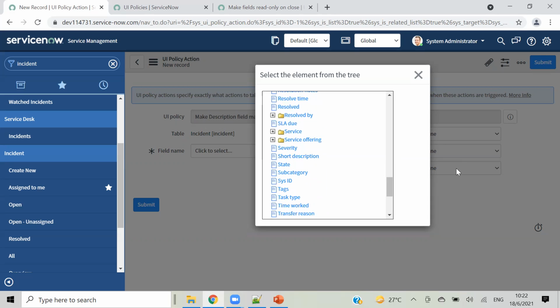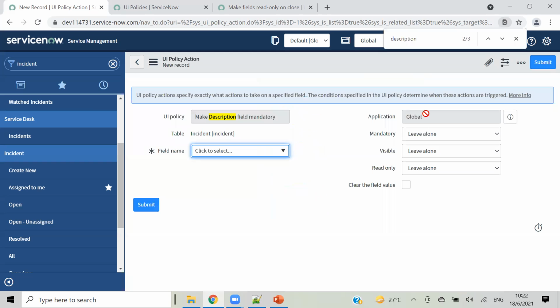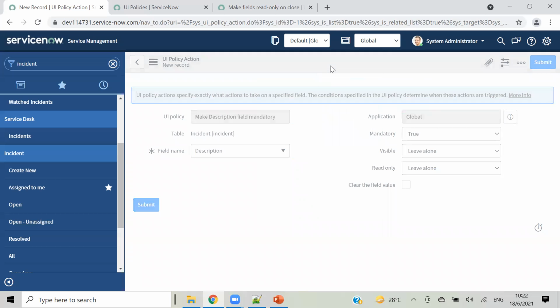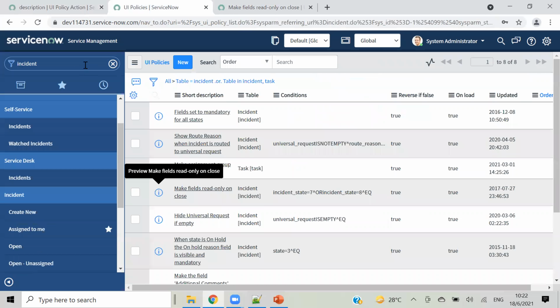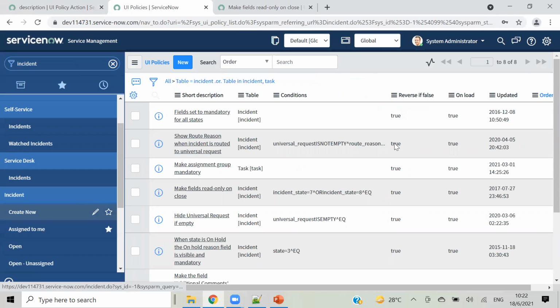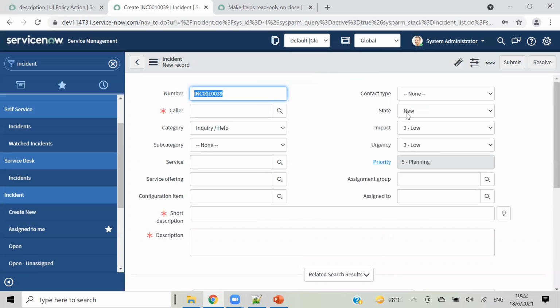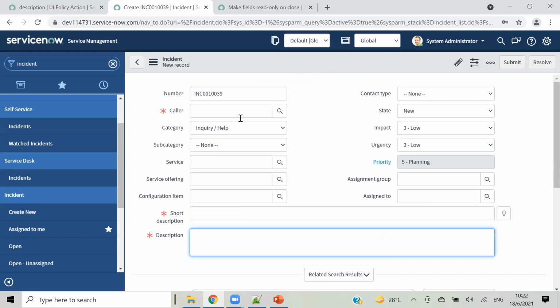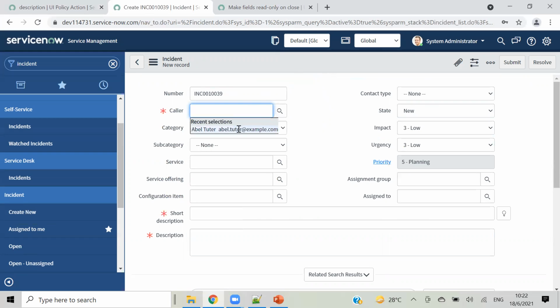Short description is here. Sorry, it is here. So description field, and I want to make that mandatory. So I'm going to that and I'm saving it. So see, your state is new and your description field is mandatory. So I'll give something here and let's try to change the state.